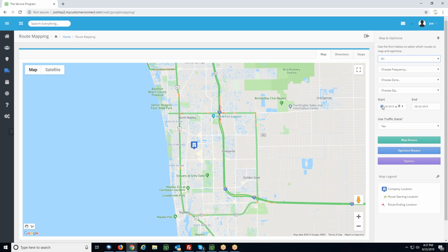And after I select my route, I'm going to input the date that I need to optimize for. And I have stops on my schedule for July 29th. You'll also notice there's an option here labeled Use Traffic Data. So this is something that internally you'll decide whether or not you want to use real-time traffic data when optimizing your routes. Of course, that could have an impact on the optimization. After I have my parameters set, I can go ahead and click this Map Routes button,